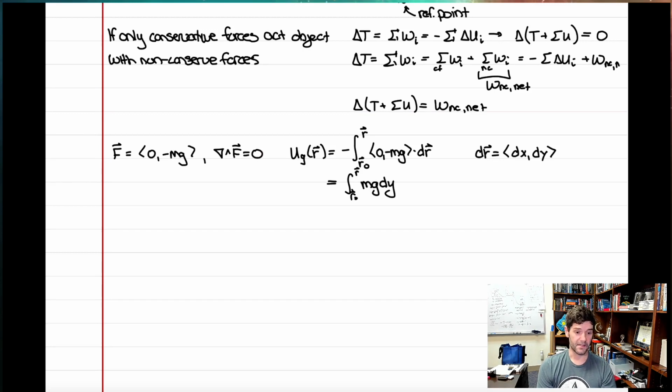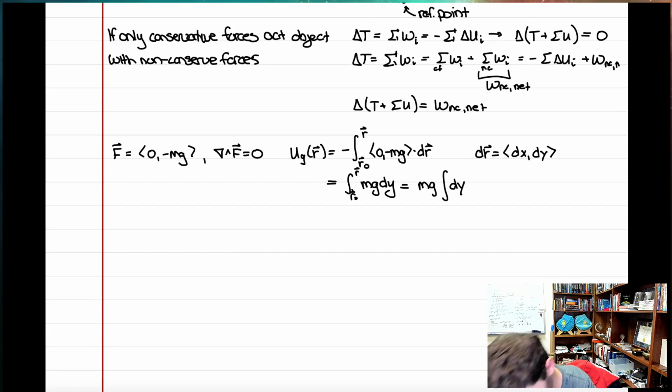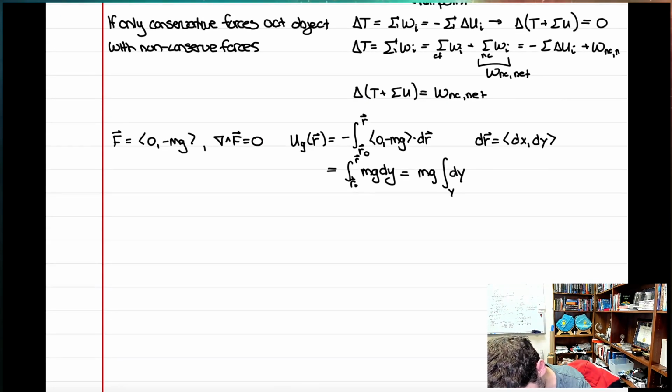So since this has turned into a simple 1D integral, truly 1D because mg is a constant, I don't need to know about what's going on in the x and the z or any other dimension. This really is just mg times the integral of dy. So in that case, rather than write this as vectors, I can say it's from some reference point y naught to some arbitrary point y, which then gives me the answer mg(y minus y naught),